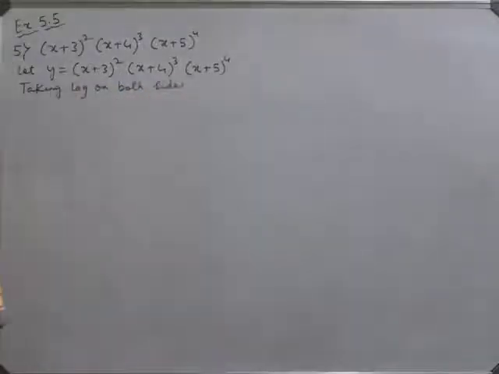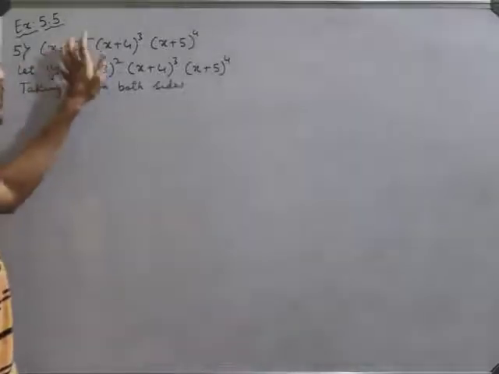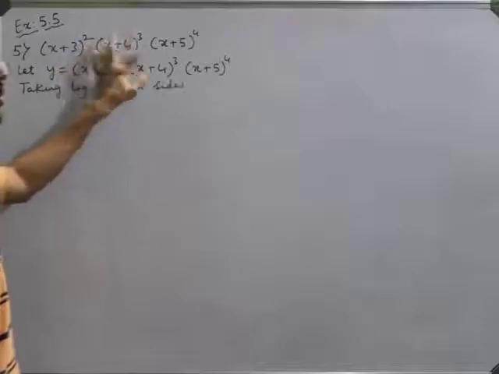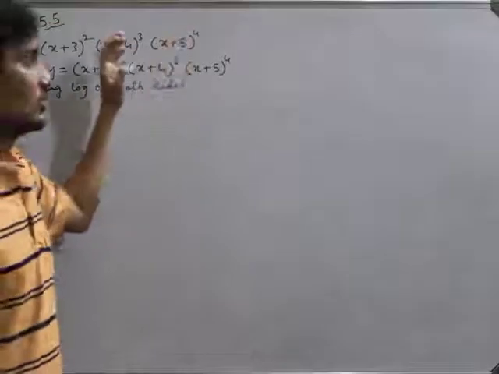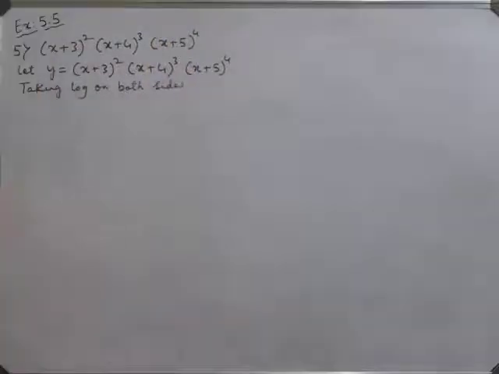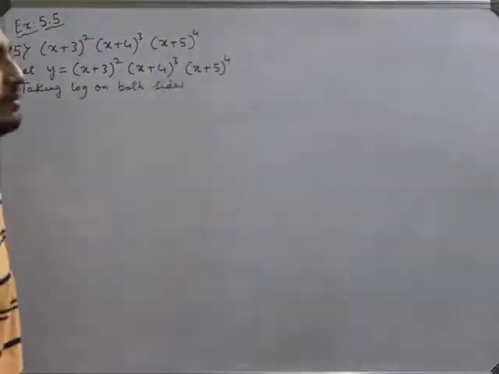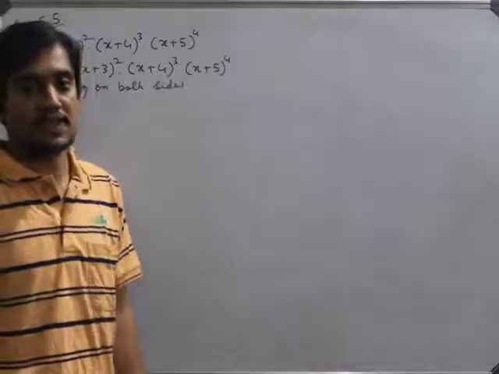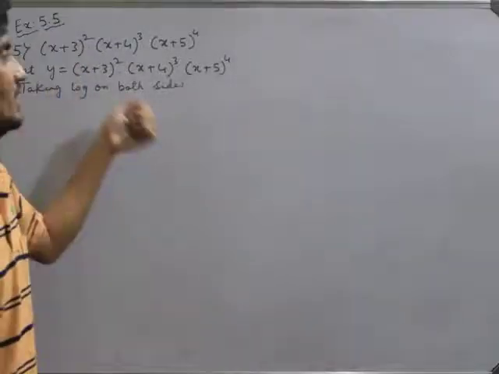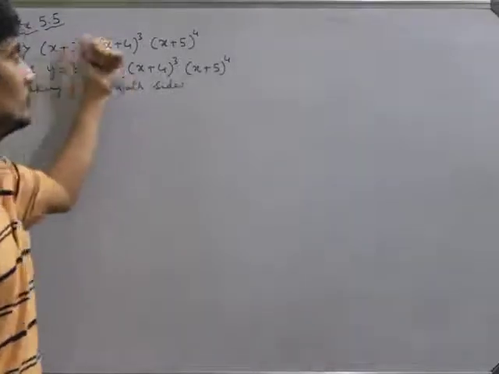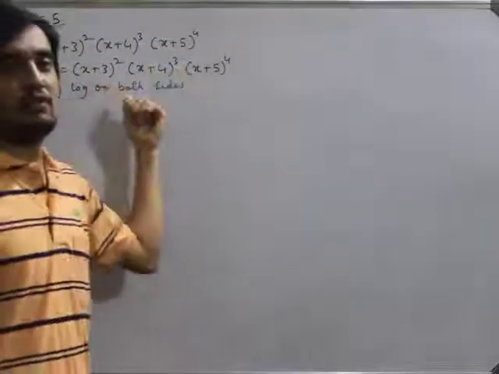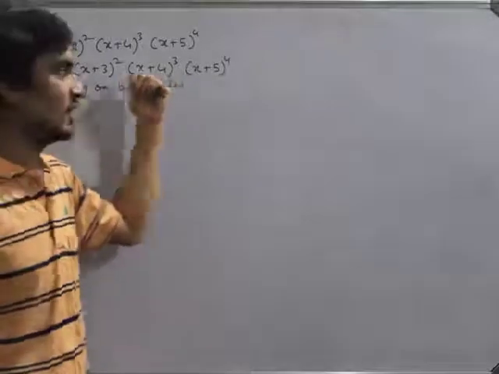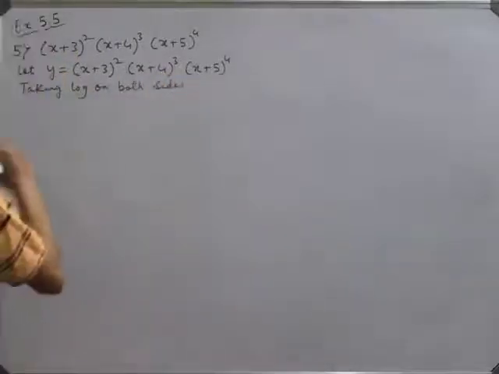So when you apply log, and one more thing, here we don't have u or v. There are no 2 functions in the form of addition or subtraction. So directly you can apply log and you can simplify it. In the previous question it was x to the power of x minus 2 to the power of sin x. We had u and v. Here no need to take u, v, w like that. Just apply the log and use the logarithmic laws, and then simplify it.